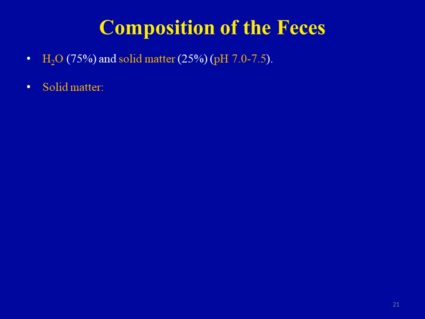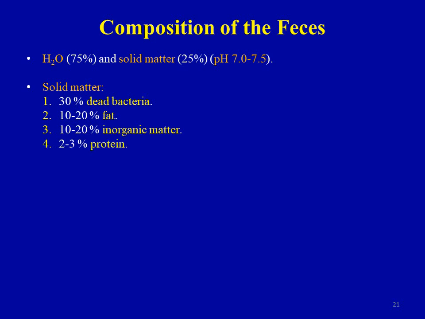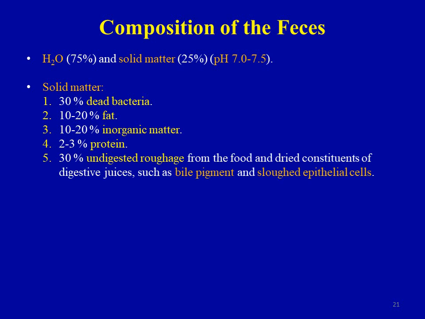The solid matter, which represents about 25% of the fecal mass, is composed of 30% dead bacteria, including the gut microbiota, because these are living organisms, they can die and they reproduce, so 30% is in the form of bacteria. 10 to 20% is in the form of fat, 10 to 20% is inorganic matter, 2 to 3% is proteins, and 30%